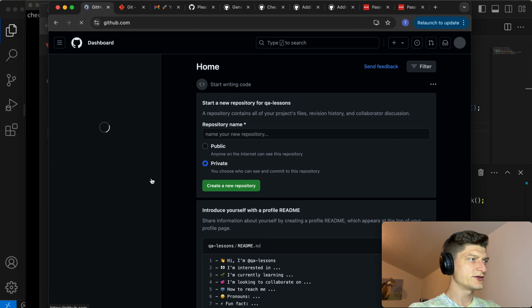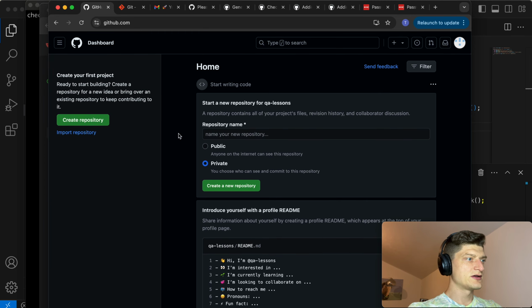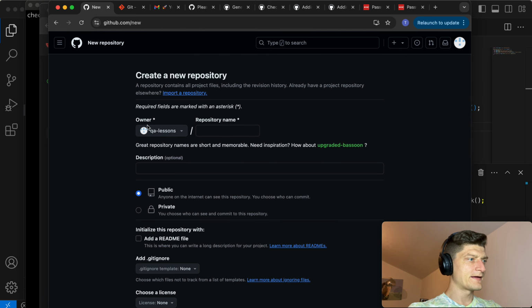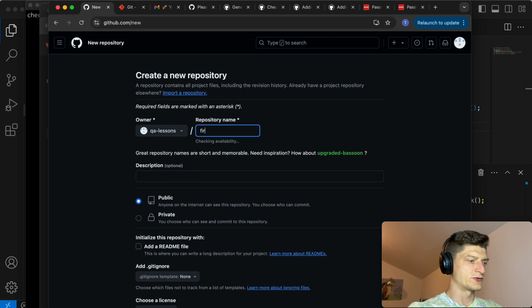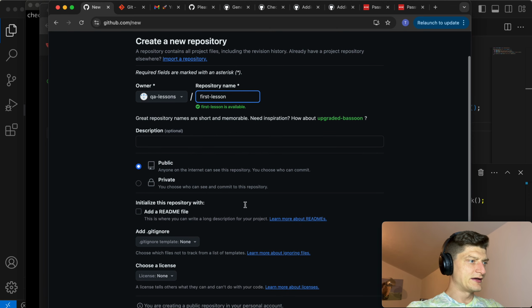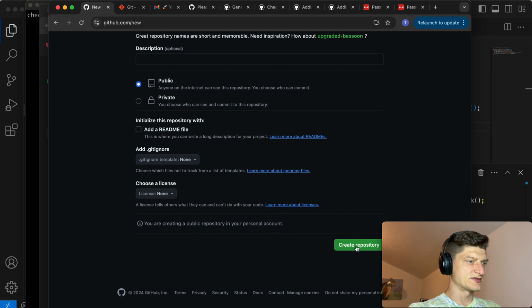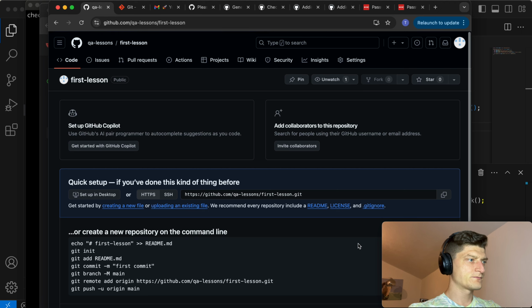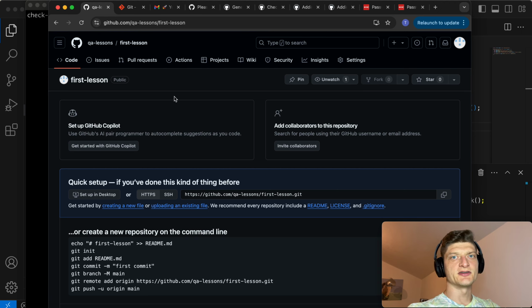We're going to use free, and yes, we can create our first repository, and let's name it first lesson. Let's make it public, and that's it. Alright, our first repository is here, and now we need to head back to our machine and install and check